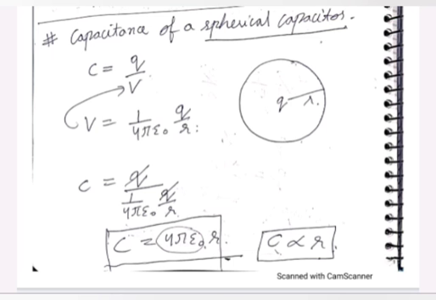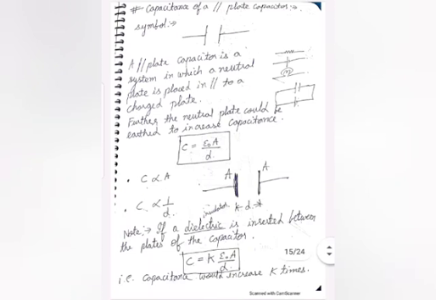Now let us discuss another capacitor, which is known as the parallel plate capacitor. From the name itself, it suggests that a parallel plate capacitor is a capacitor in which a neutral plate is placed parallel to a charged plate, and further that plate can be earthed so that we can store more charge in the capacitor. A parallel plate capacitor is generally designed so that we can store more charge and more energy in the capacitor.